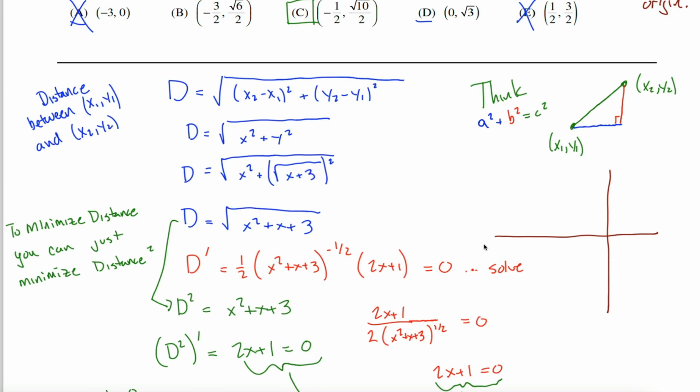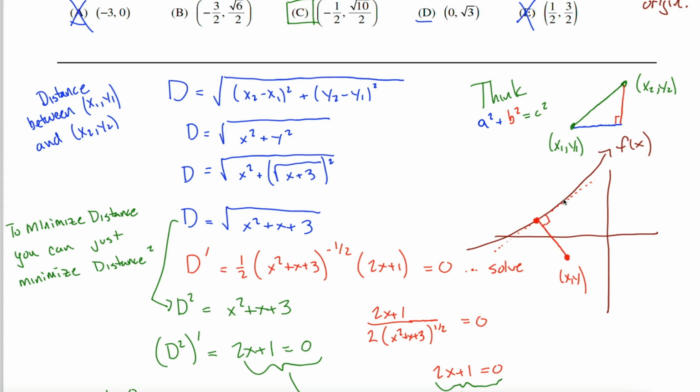Draw whatever curve you want. Sure, I don't know, something like that maybe. Call it f of x. Pick whatever point you want. I don't know, maybe down here. Sure. We'll call that x, y. If I'm looking for the point on f of x closest to x, y, let's see, in this picture it'd be somewhere over here maybe. The tangent line to the curve at this point, drawn in dotted red here, has to be perpendicular to the line segment connecting this point to this point. You can memorize that